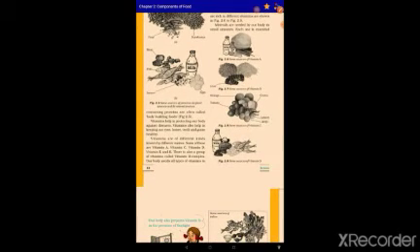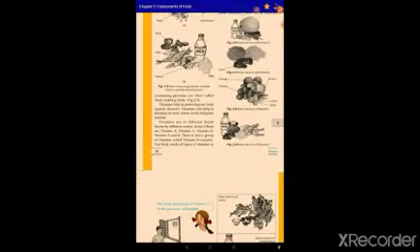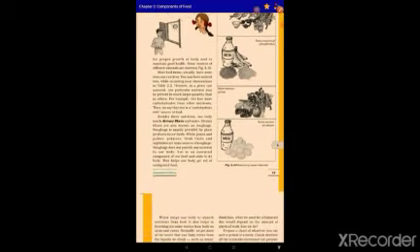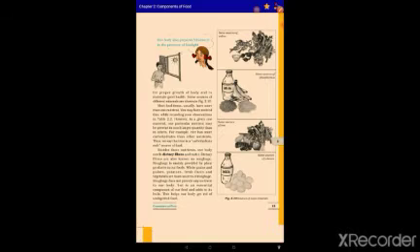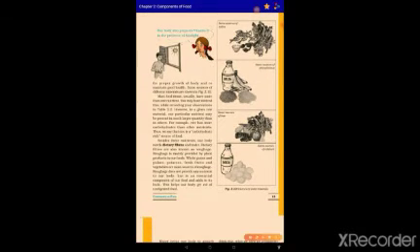Minerals are needed by our body in small amounts. As I told you earlier, vitamins and minerals both are needed in our body in small amounts. Each one is essential for proper growth of the body and to maintain good health. Some sources of different minerals are shown in figure 2.10.